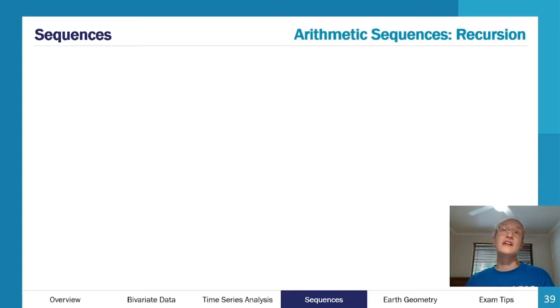However, our geometric sequences are a similar thing. They're sequences, they follow a pattern or a rule, but the difference is instead of adding the same thing, which in the case of arithmetic sequences we call the common difference,